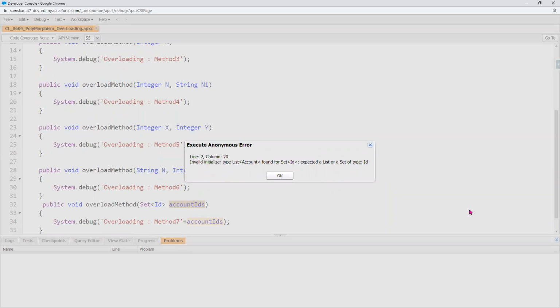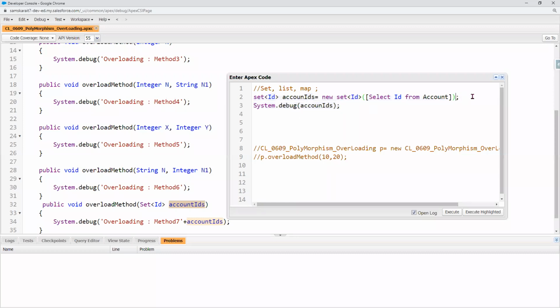What is the error? Okay, because it's expecting a set and we are getting an ID. First of all, the concept is wrong here. The concept is wrong. What are we trying to do here is